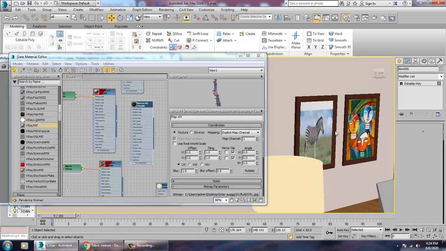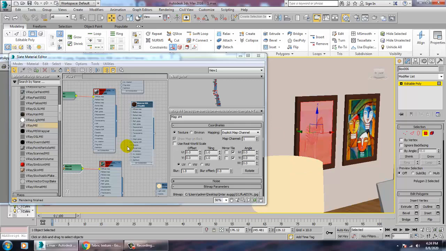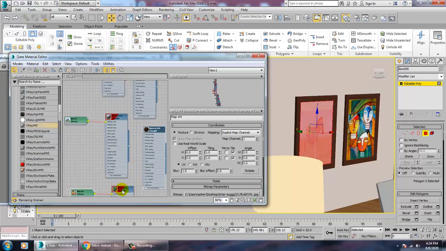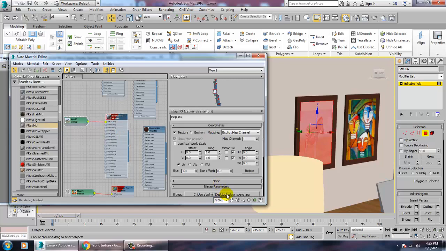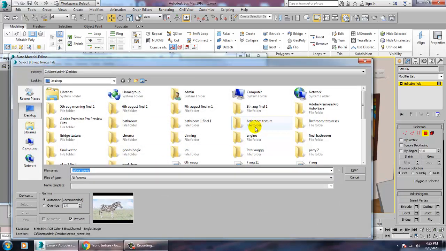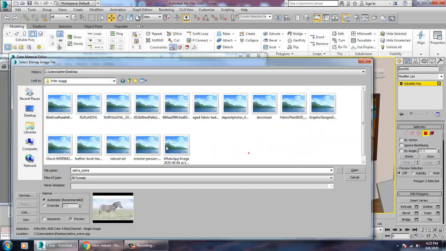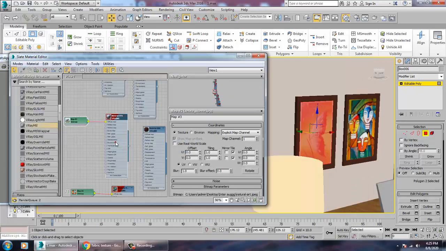So select this. Select this. And again go into this. We'll be taking this texture.